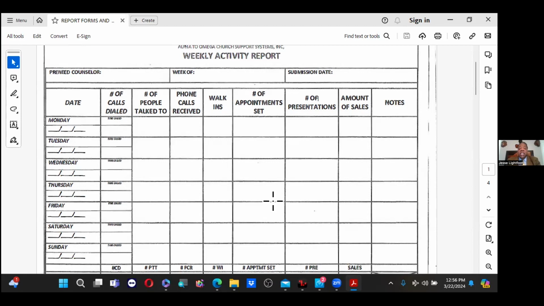Now, it's designed to tell you things that they won't tell you because they want you to think they are just as smart as you are. And as a result of that, they won't say, I need to know this, I need training here, I need to know training there. So this activity sheet will tell you all you need to know.